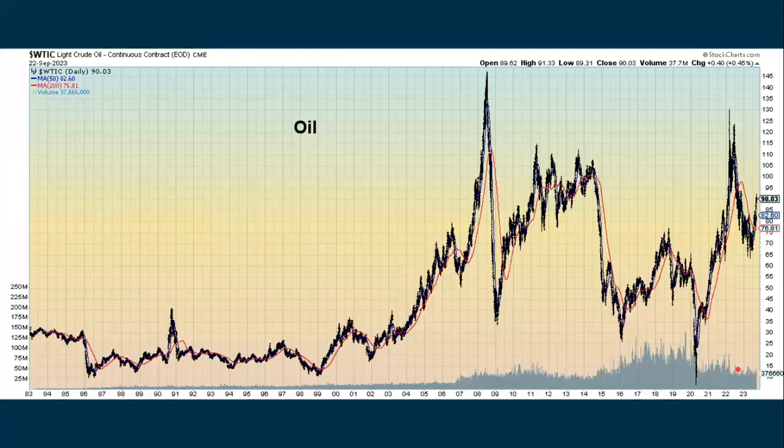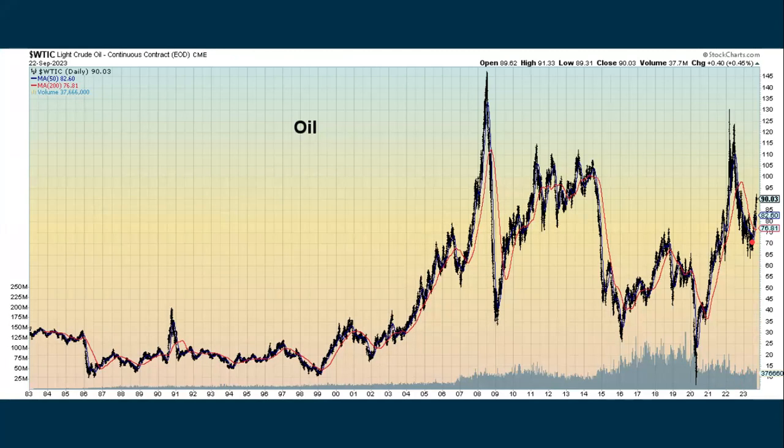Oil, that's kind of been at the forefront these days. Saudi Arabia and Russia decided earlier in 2023 that they were going to cut back on production. Well, they came out a few weeks ago and said, we're going to extend that through the end of 2023 at least. And that has been really pushing oil prices back up,